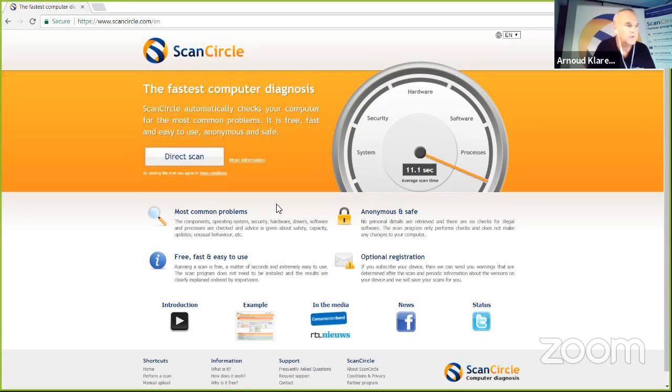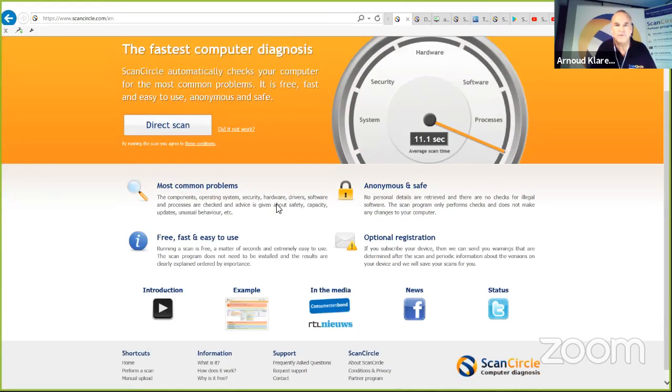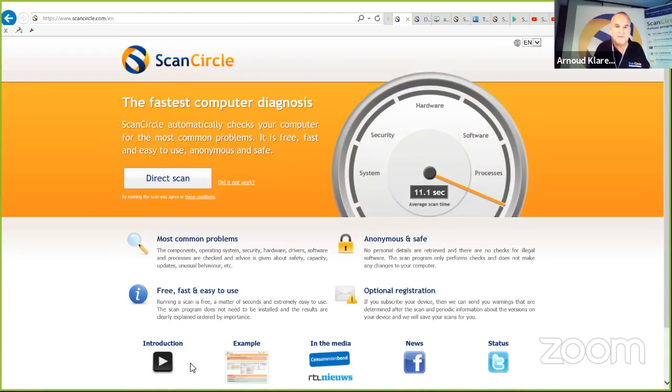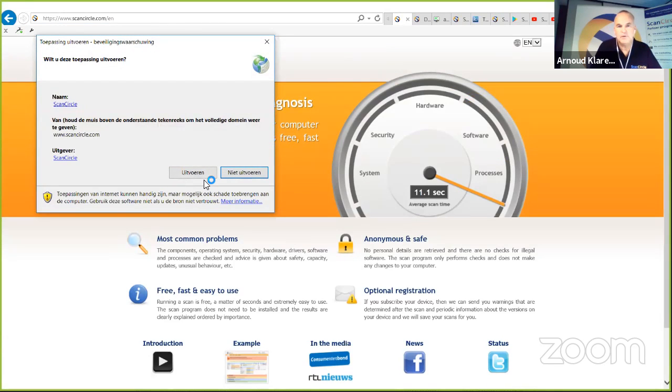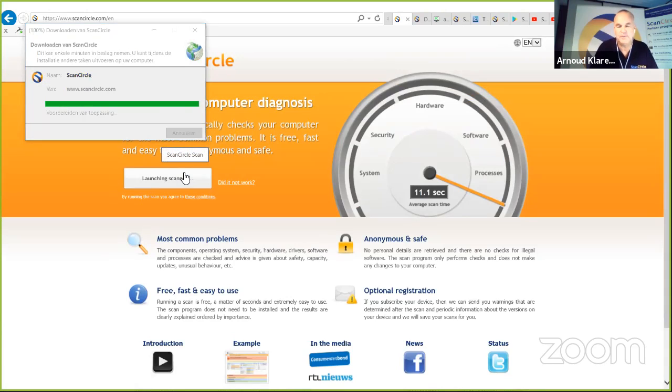What I'd like to do is, as I said, you can start it from your browser. This is Internet Explorer. In Internet Explorer, it works in a pretty simple way: if you launch it, it only asks you, sorry for the Dutch here, but it says, do you want to run this application? So that's only a single time that it's